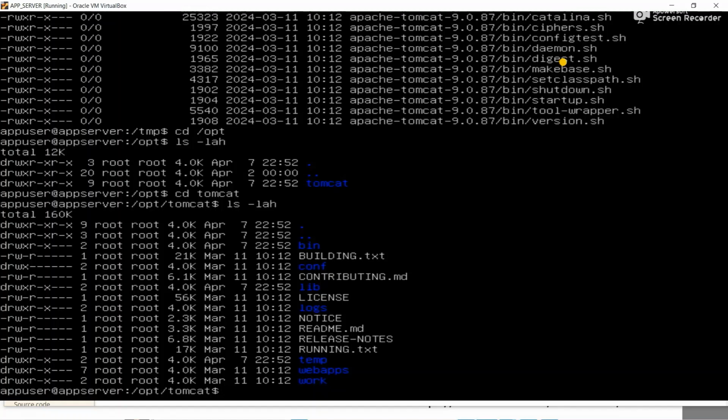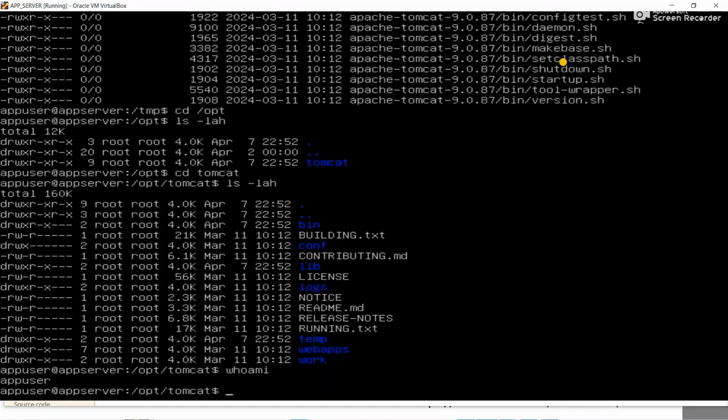Alright, so first things first, we're going to create that user, and once you create that user, we're going to do the necessary administration of the user. So before I do that, realize that we are logged in as Tomcat user. If you want to find all the users that this